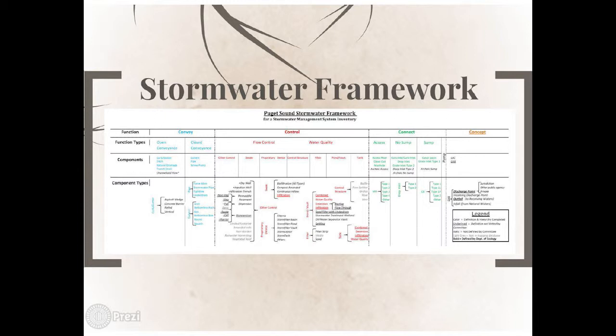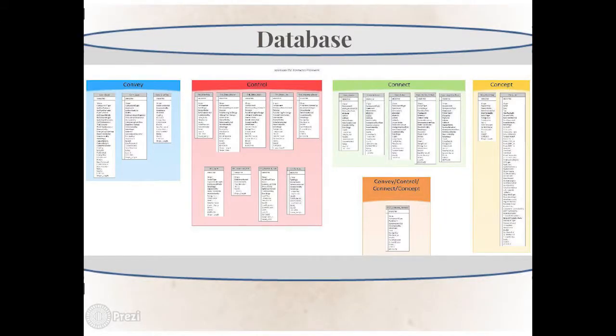So here you can see convey, control, connect, and concept, which is what I'm talking about today in the discharge points and outfalls. And so that's the foundation of the framework, really, those definitions and terms and how they fit together. And from that, it was just a great resource. King County then developed a database, and it's a bit small, but basically this is our GIS database that's based upon that framework and all the same